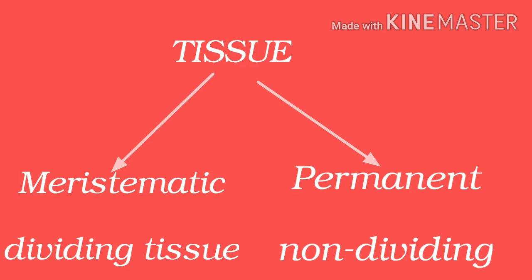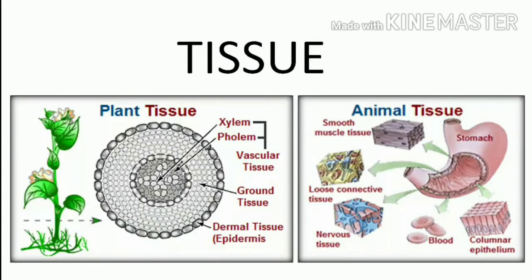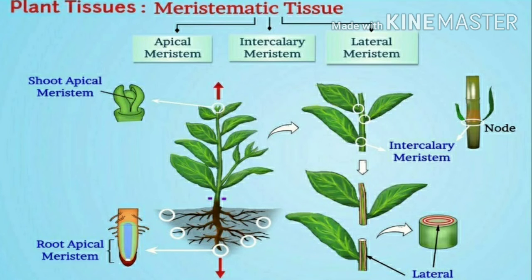The organization of plants is quite different from that of animals. The growth in animals is overall, the body as a whole grows, but in case of plants there are specialized regions in which growth is restricted. These areas or regions of active growth have cells called meristematic cells, and the tissue is called meristematic tissue. Plants have various types of meristematic tissue.